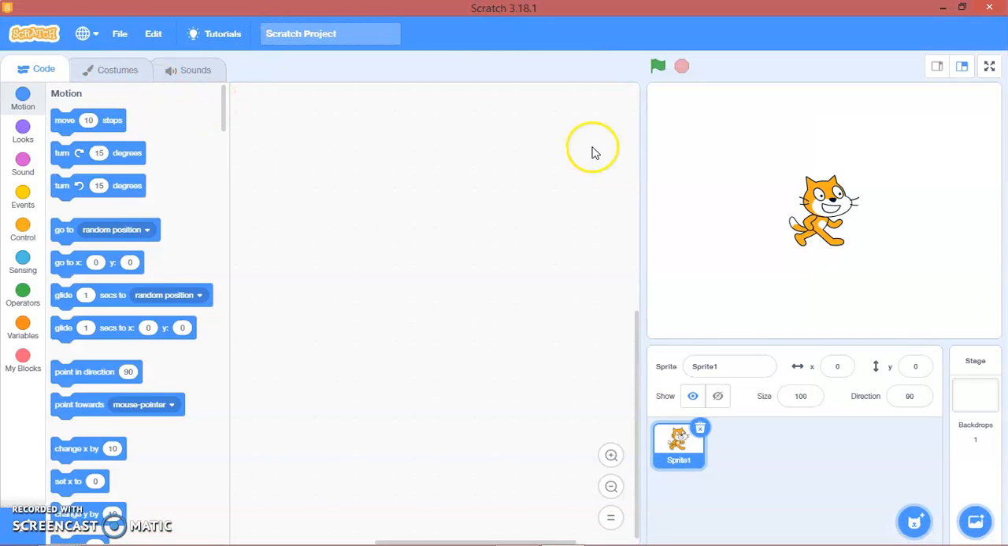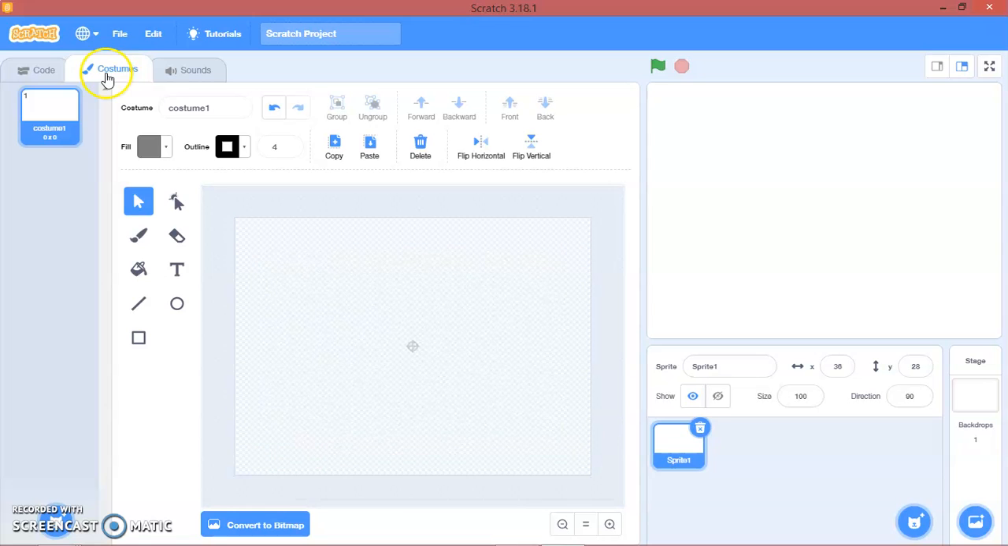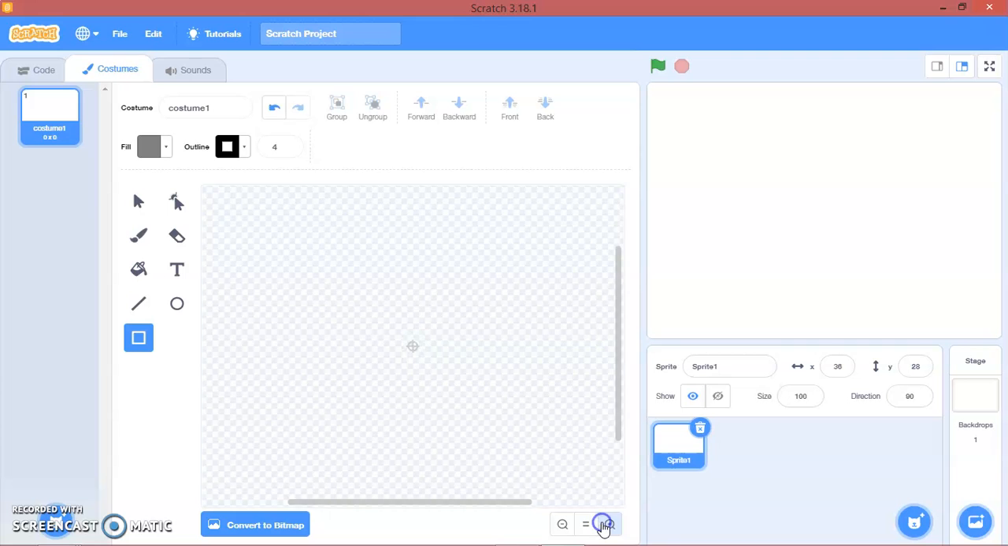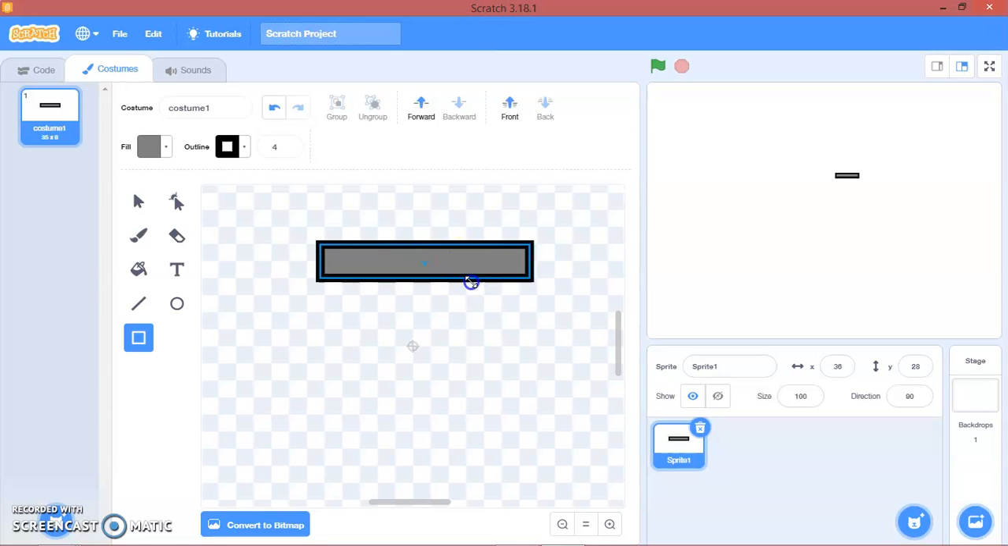Open project. First things first, delete the Scratch cat. Let's go to sprite, paint the sprite, and then what I'm going to do here is we'll pick this gray color here. Zoom in, and then we'll make the tires, outline 4,